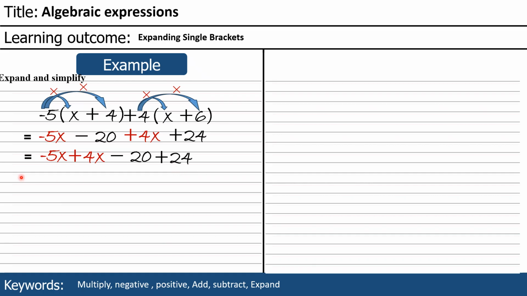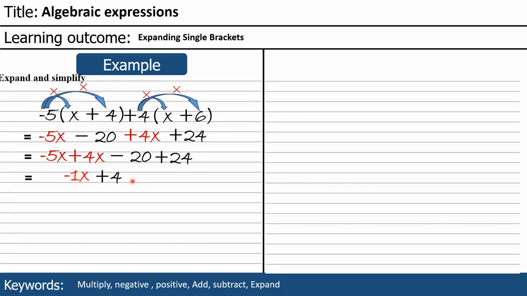And now we can simplify. So we can subtract because the signs are different. So subtract and keep the sign of the bigger number. So this will give you negative 1x. And then again, we subtract as the signs are different and keep the sign of the bigger number. So this will give you 4,